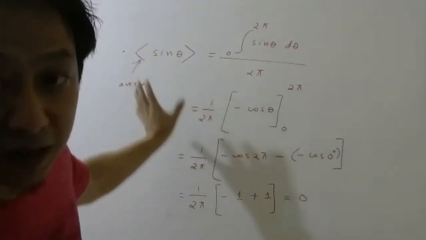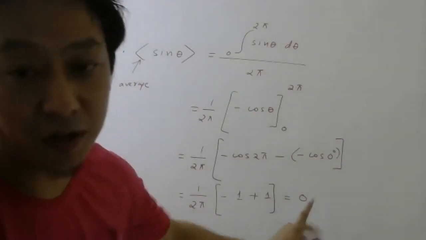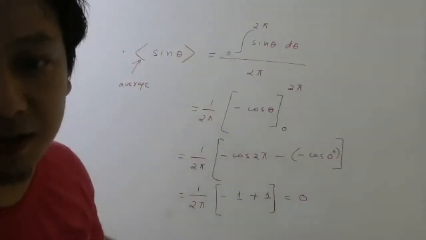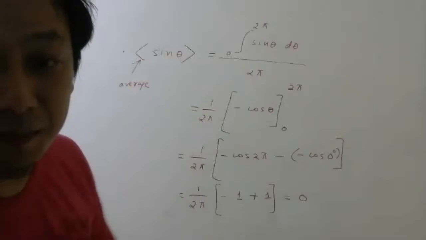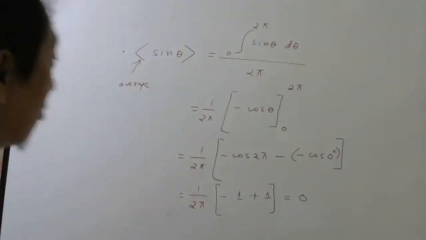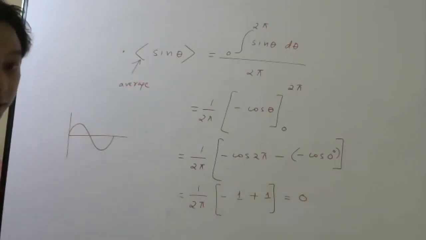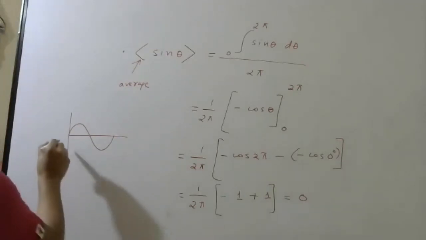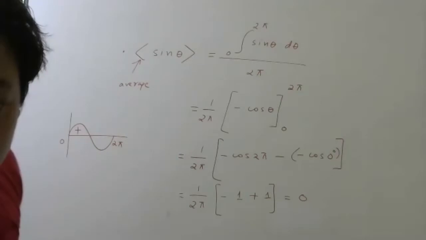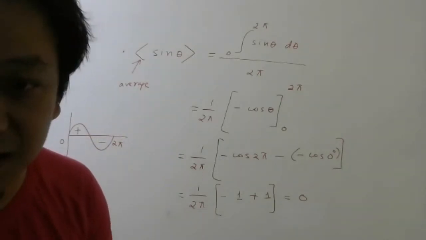So the average of sine function from 0 to 2 pi will be what, students? 0. That we have to remember. We should not derive this. In physics, nobody will ask this, but you have to understand why it is 0. We already know it should be 0 because sine function looks like this between 0 to 2 pi. You can see as much positive value is there, that much negative value is there. So when you add and divide, you will get 0.